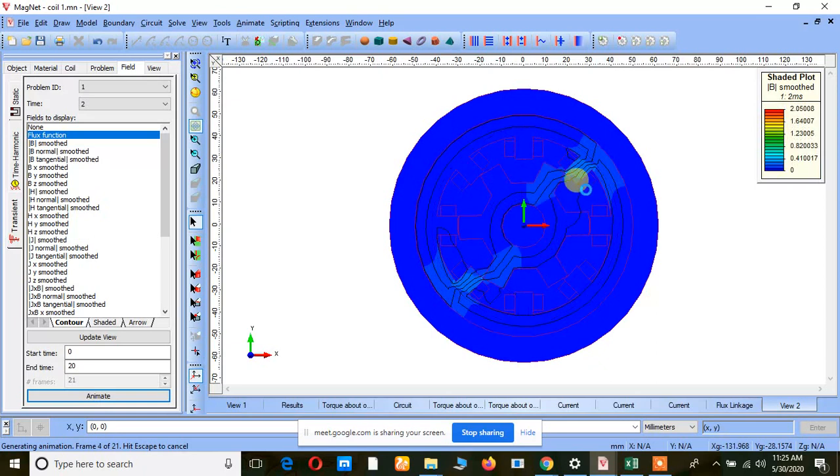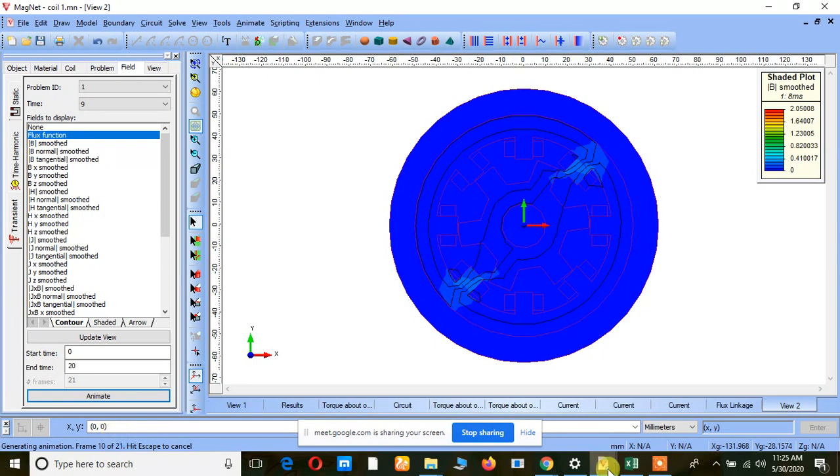Initially the phase which is excited is this one, where the flux is traveling. Now when the rotor starts to rotate, what happens? It has to be turned off, right? See at the left side bottom, we are getting only 9 frames. So the animation is now generating.